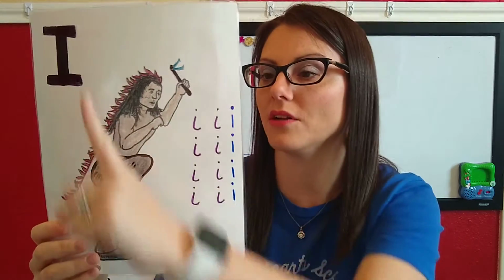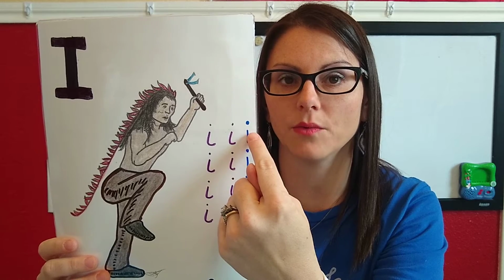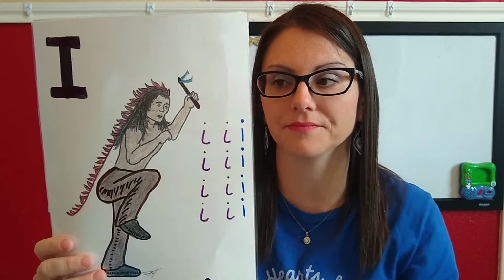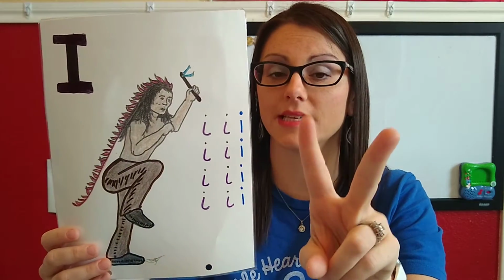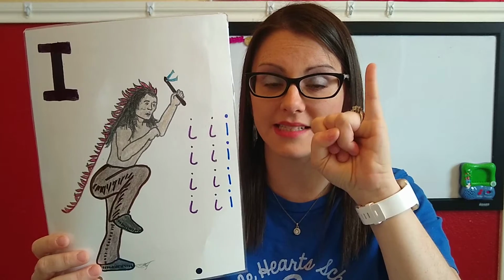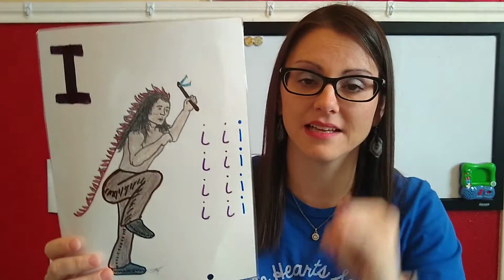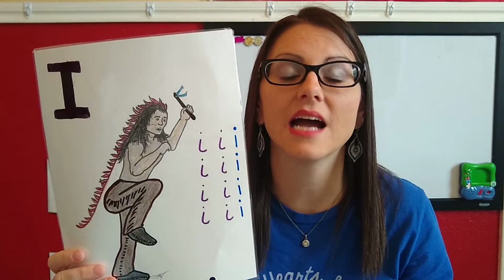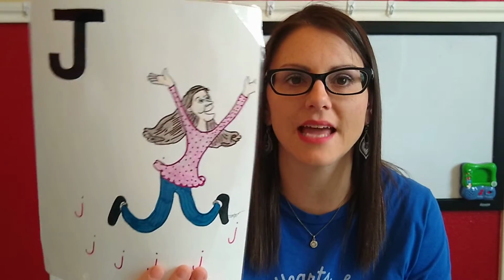What letter is this? I. My capital I and lowercase i. Some people put a curve. We usually write it with straight down and a dot. And so I is another vowel, and it makes two sounds. So it says its name, I, and then here's your sign language for I. So I makes two sounds. Ready? I says I, and I says i. Very good. Okay, our next one is the letter